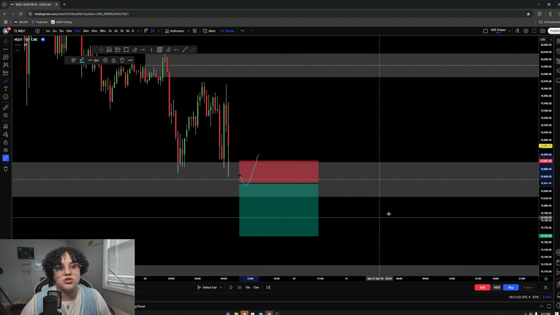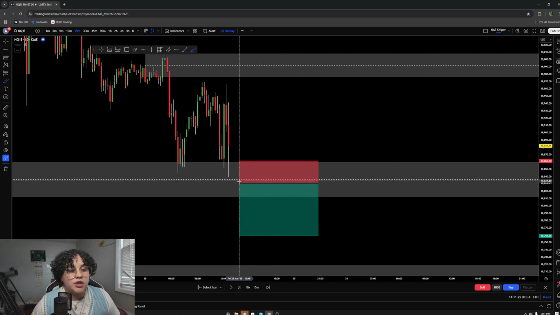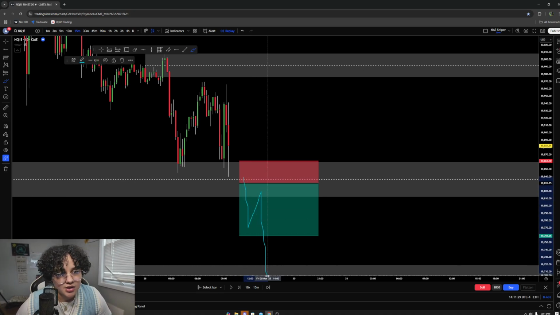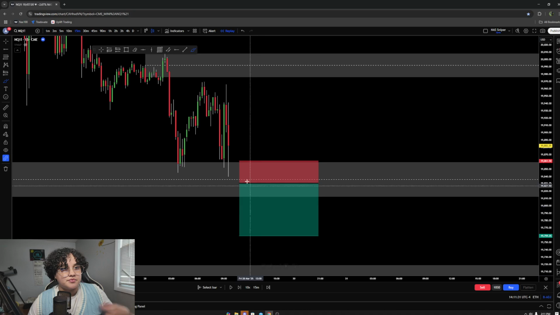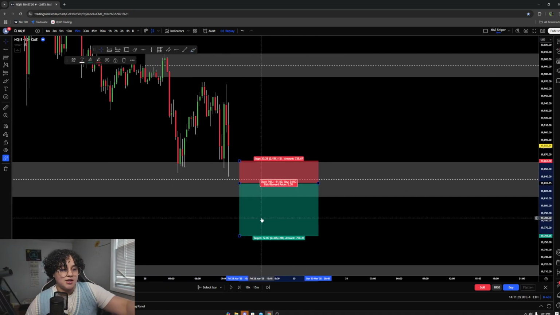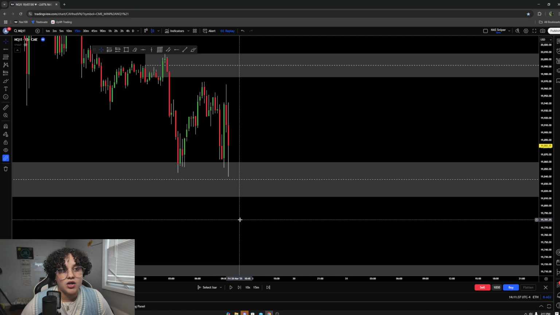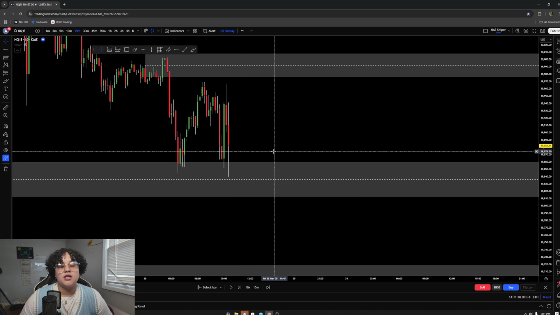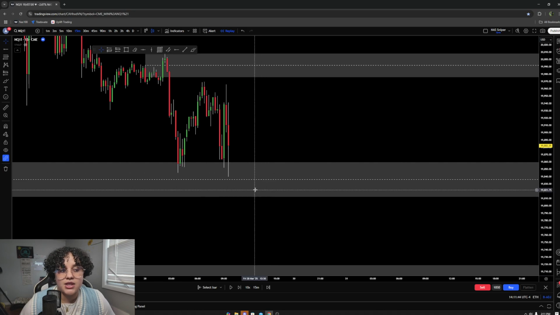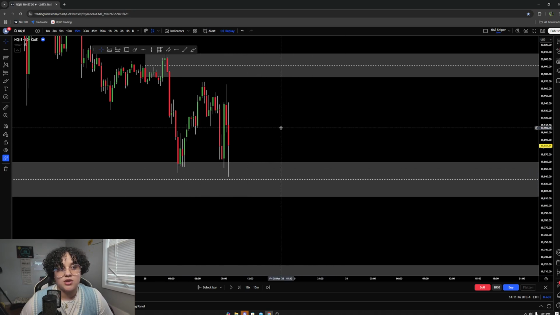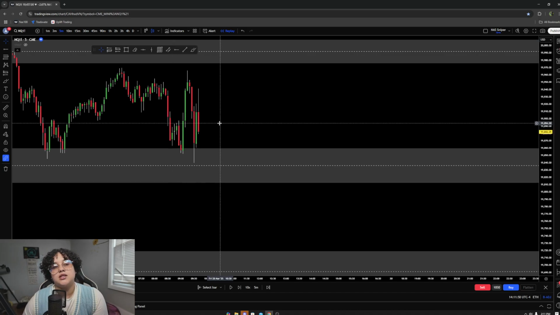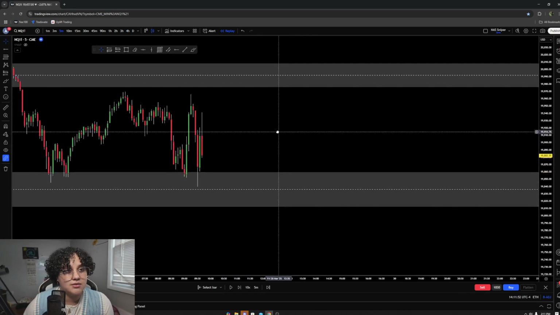So I wouldn't want to be in shorts. But if we continue going down, maybe it might retest the zone and continue going lower. But this would be the perfect entry. This is what I try to get most of the time. And a confirmation for me would either be, again, a momentum break or a 5 minute candle close below the zone. And in Friday's market,